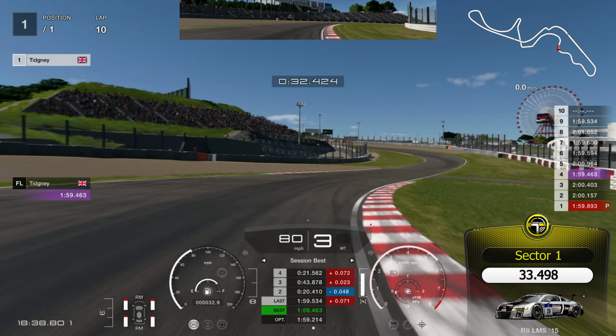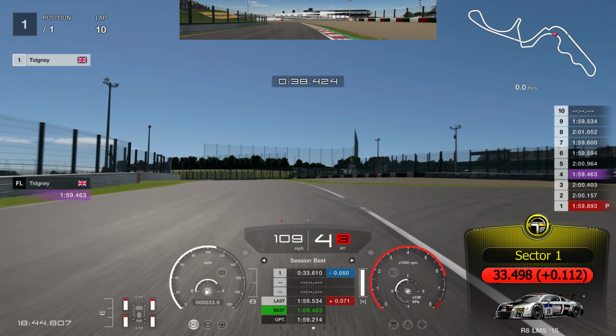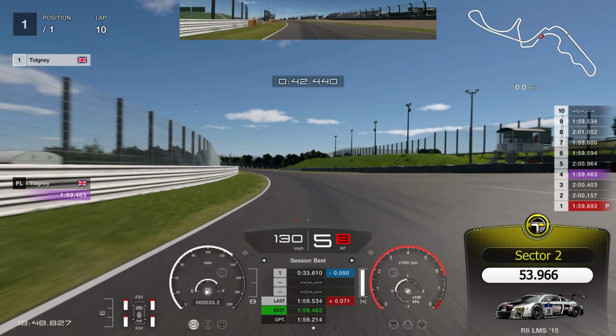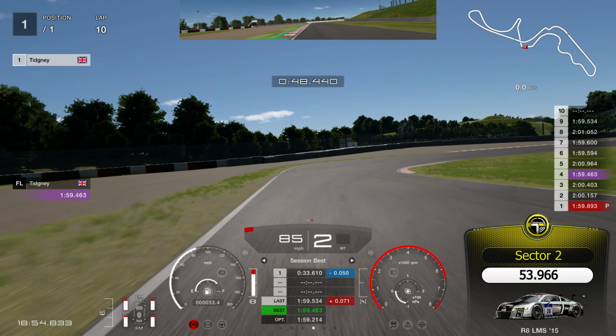A little bit of a mistake there into the right-hander as we continue on through, and we are 1 tenth down on that Audi R8. Now, it's very much a handling section, that first section, so it's not doing too bad there to be only 1 tenth down on that Audi R8 as we head towards Tidgney 1 and 2 then. We took it into here. It can handle the bumps really well, actually, to be fair,